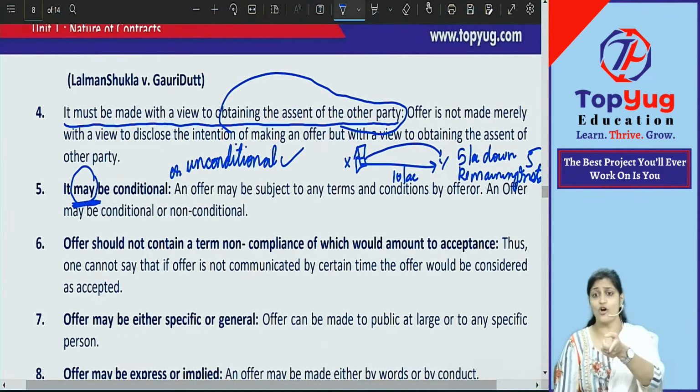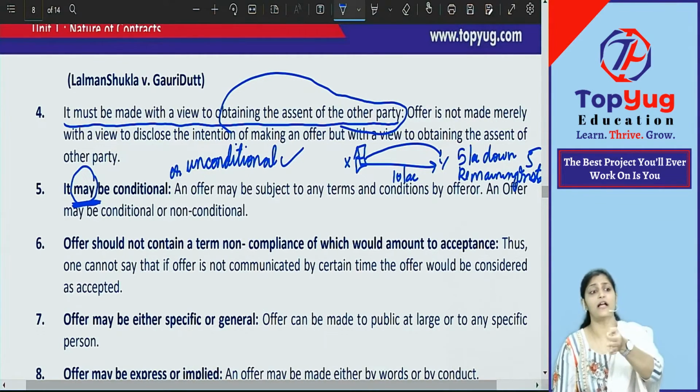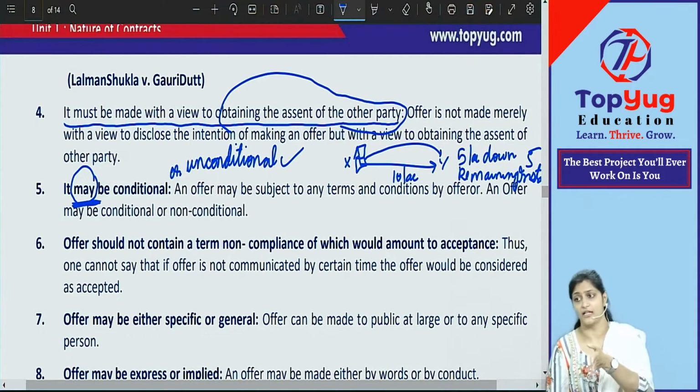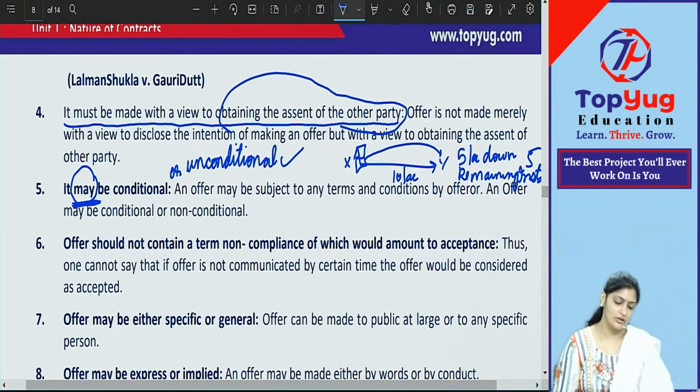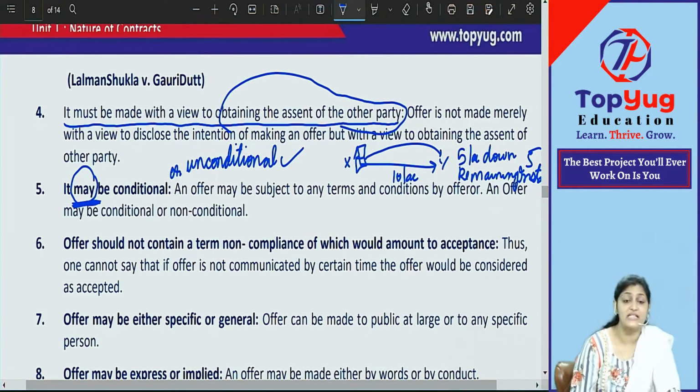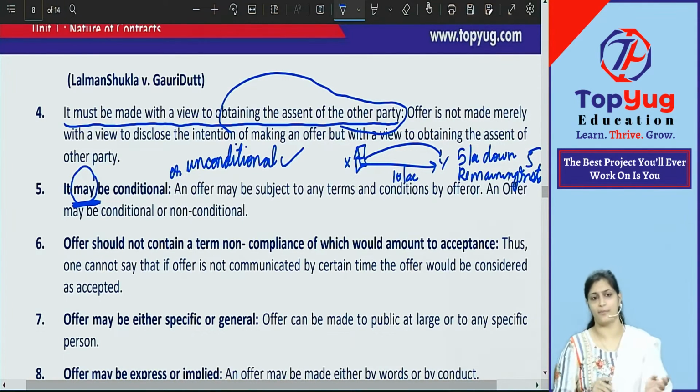So in this offer, I am giving an offer. With that offer, I am also giving one condition. If you want to accept, can you accept just the offer? You have to accept the offer with the condition. Then only it will be acceptance, otherwise no. Got this point clear? Yes or no? So this type of offers are known as what offers? Conditional offers, which is very much valid. Now you tell me, think and tell me properly, can acceptance be conditional?